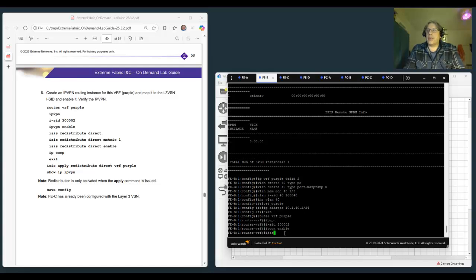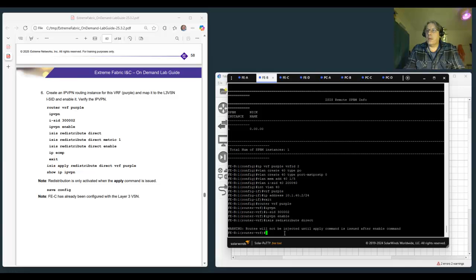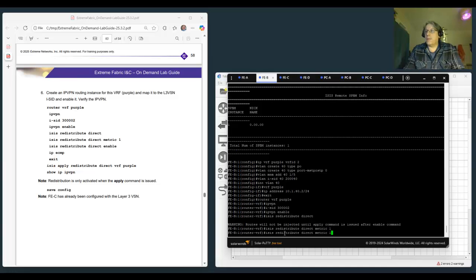We do ISIS redistribute direct, just up arrow, put a metric of 1, up arrow, backspace, enable,